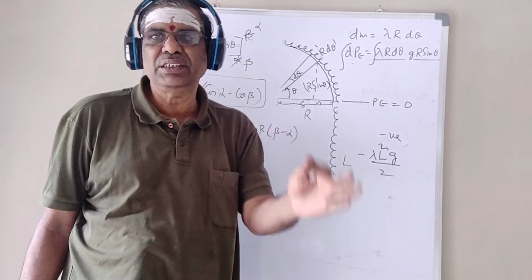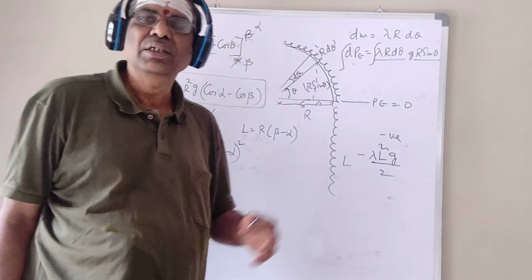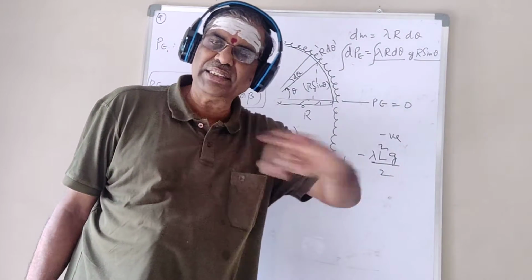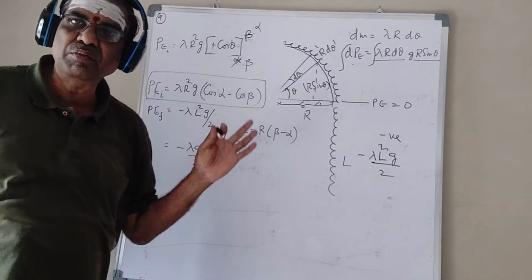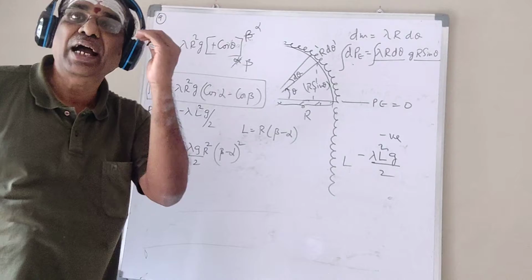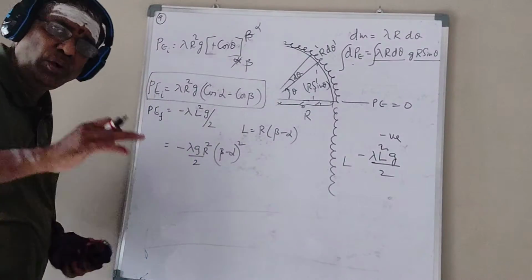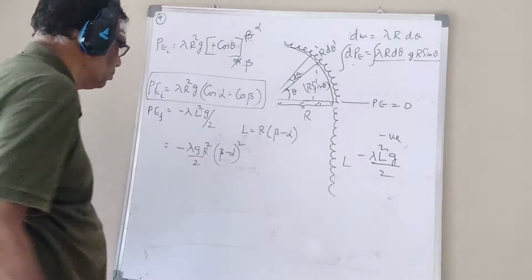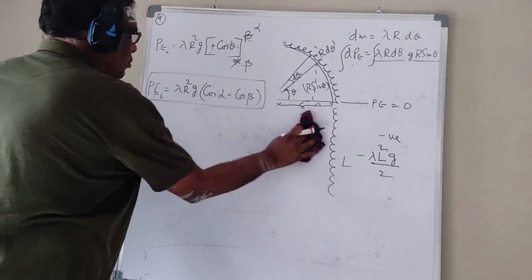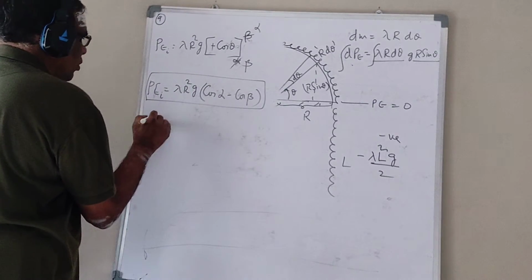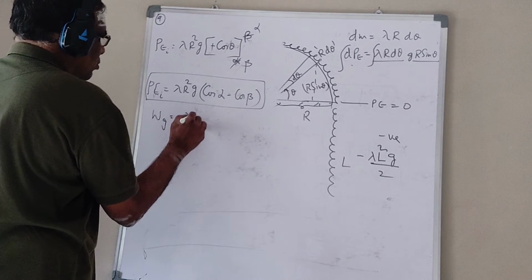Negative of change means final minus initial. Therefore, I am taking the minus sign inside, and standardly I take initial minus final PE as the work done by a conservative force. It's always true, even in the case of a spring. So, what do you get? Work done by gravity